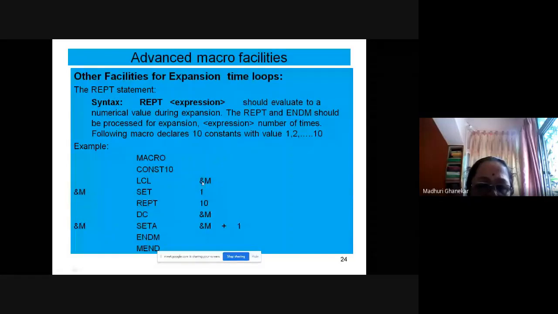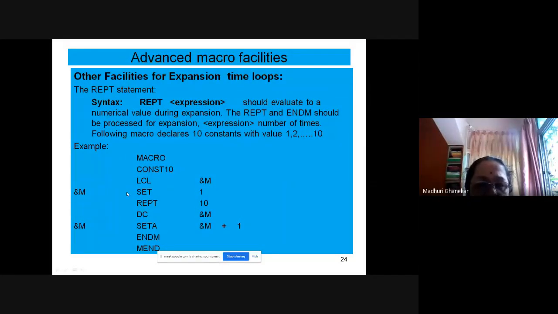Now we initialize its value to 1 with the help of the SET statement. So M becomes 1. REPT 10, here directly 10 has been given, so the loop should be executed 10 times.